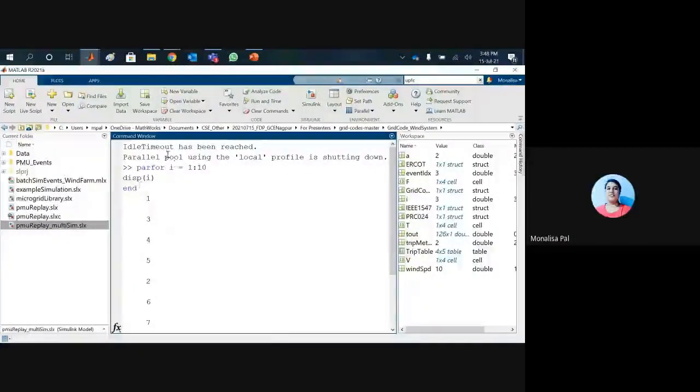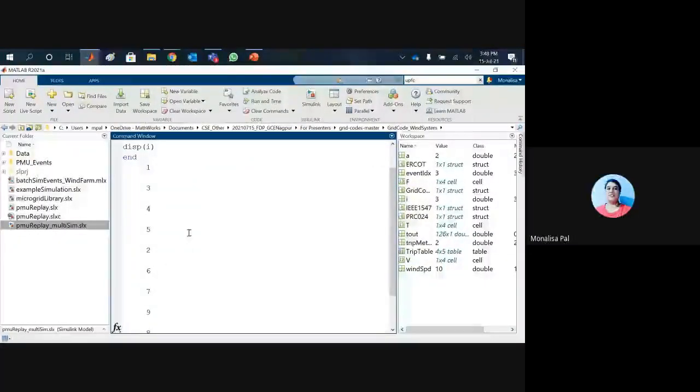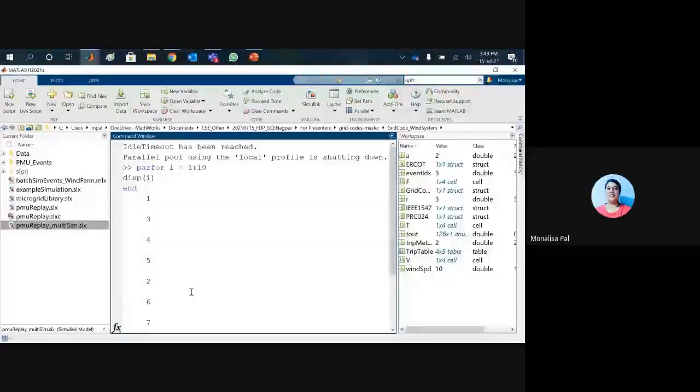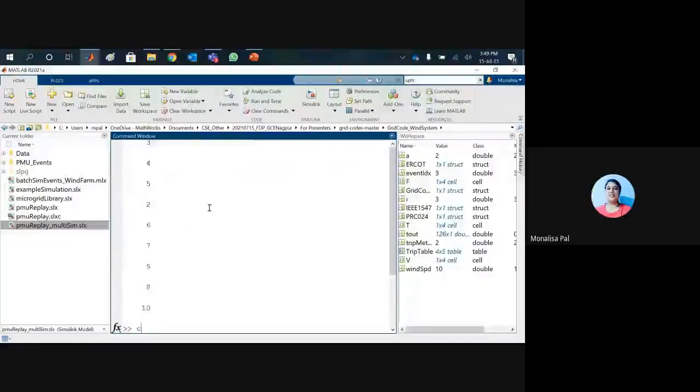So that is the use of the parallel pool. You can see all the cores are getting used up, but all the results are also coming. So that's why this is not in sequential order. Instead, if I write a for loop, this will be in sequential order. So whatever operation is inside this parfor loop would operate individually in different cores. So I'm going to use this to